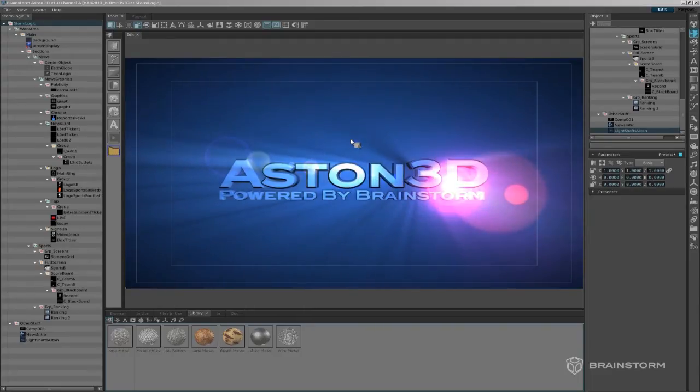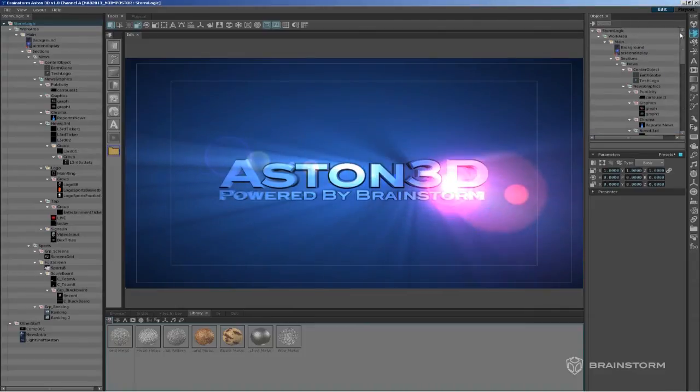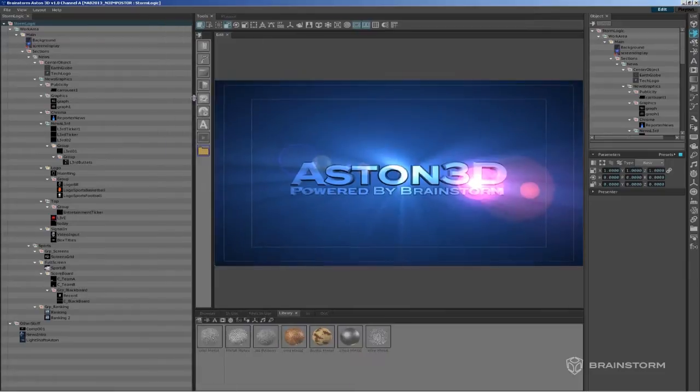Aston 3D is the latest addition to our product range and is a 2D and 3D graphics creation and playout software. With the addition of this software, we think we can cover all the graphical needs of any broadcaster in the market. The first thing about Aston 3D that you will see is that it's a very user-friendly interface